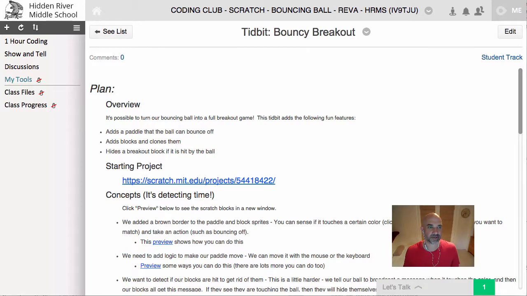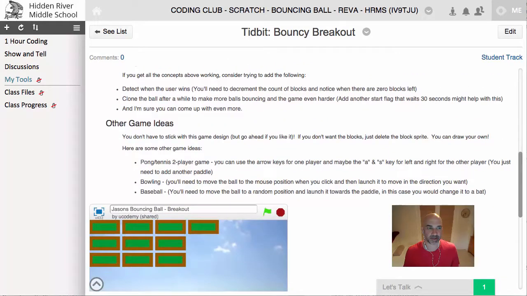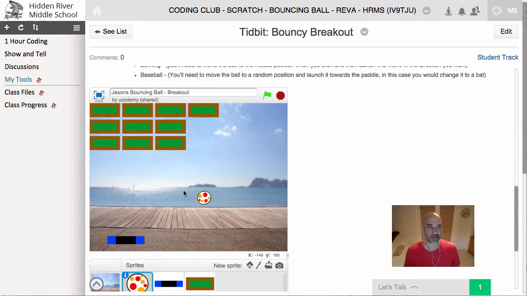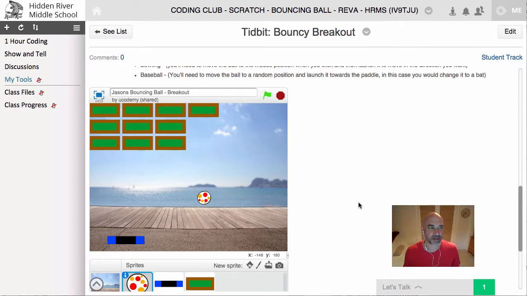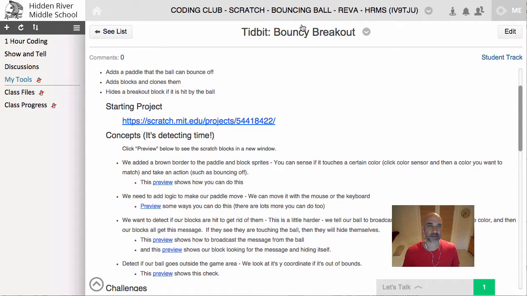And this is the Scratch project that extends on our bouncing ball and takes us through to a game where the ball breaks through blocks and you have a paddle that can move around on the screen and control that various ways. So to get started, what we're going to do is go to the Bouncy Breakout project in Ucodemy,